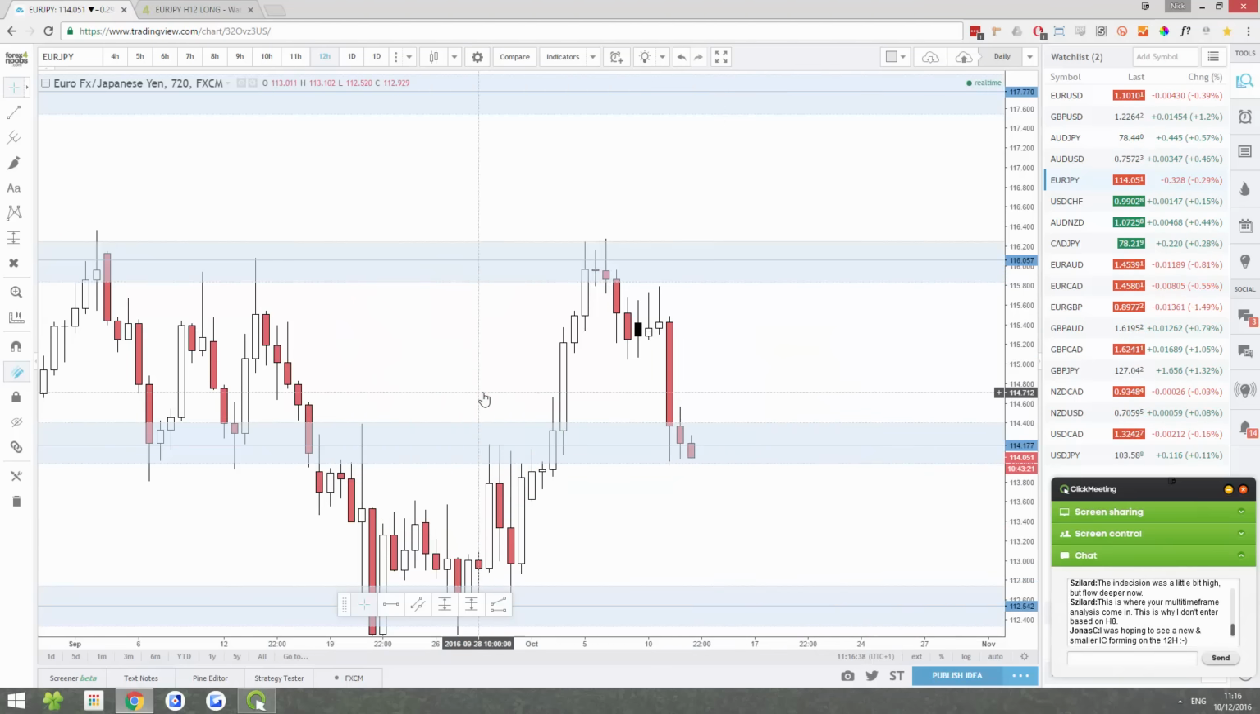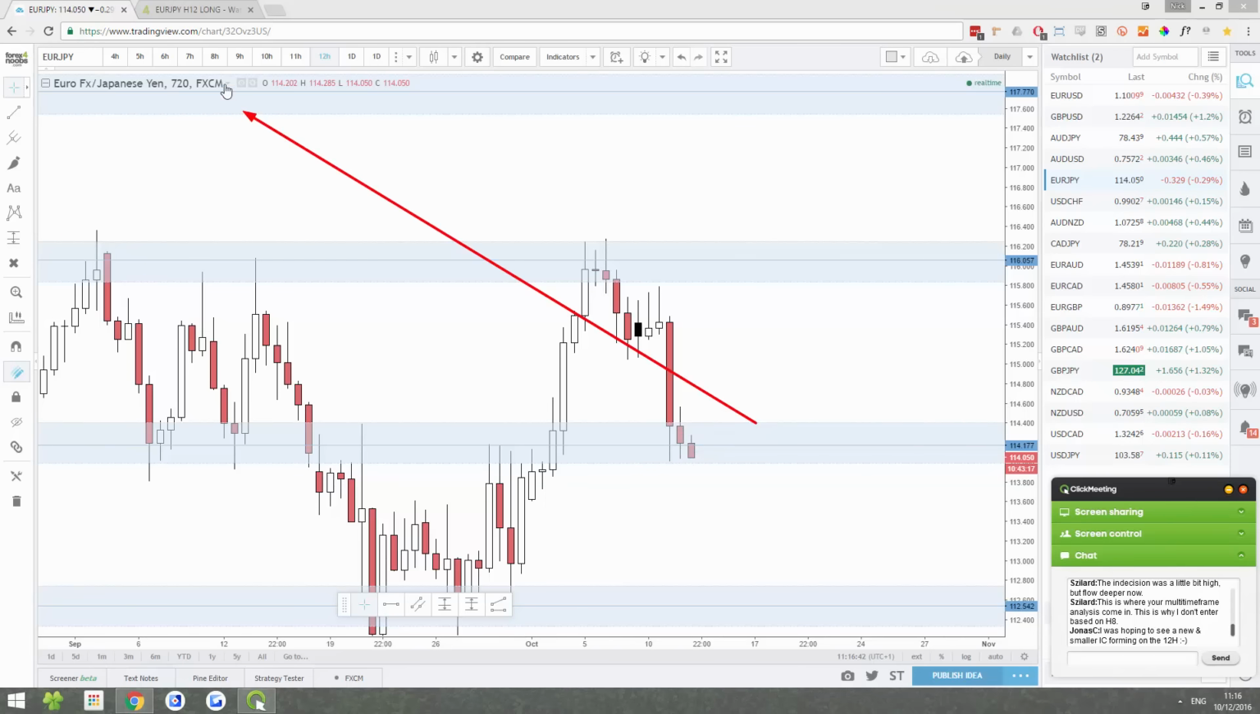Because had you entered on the 8 hour, this could very well turn into a loser, because it does look like it's continuing to move down. So because you waited for the 12 hour, you've saved yourself from what potentially might end up being a losing trade had it been traded on the wrong time frame on the 8 hour. But also,